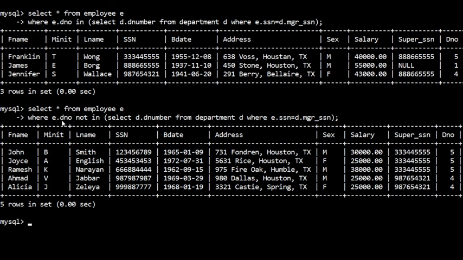Here you can specify multiple attributes, and then your inner query must return those many pairs of list of values. Okay, if I write here department number and SSN, then here I have to select department number and SSN. So like that you can compare the multiple values. Okay, thank you.